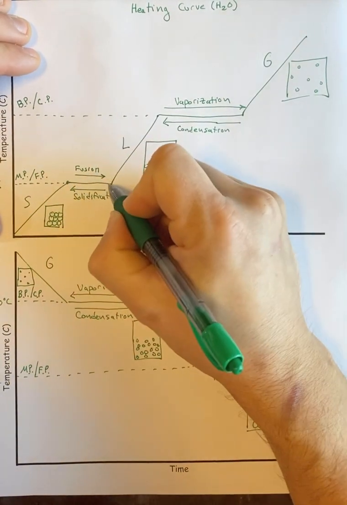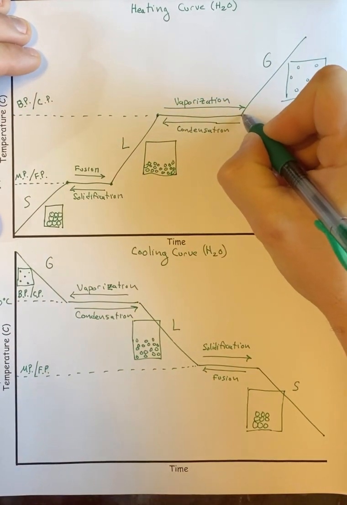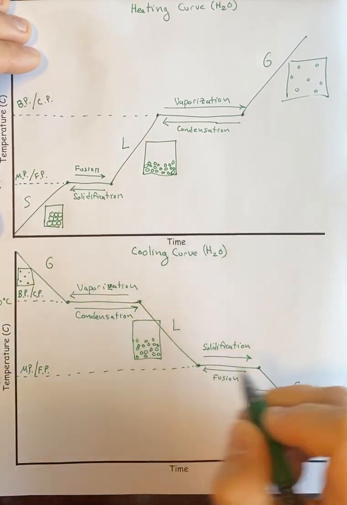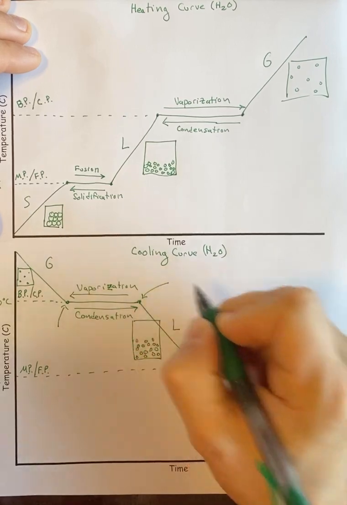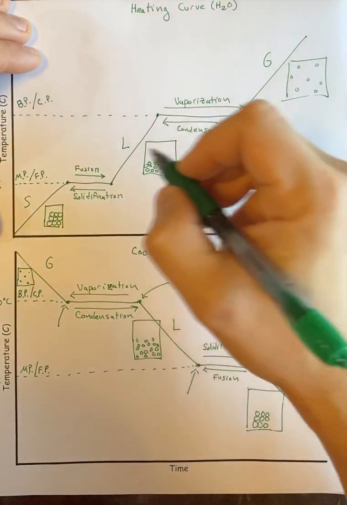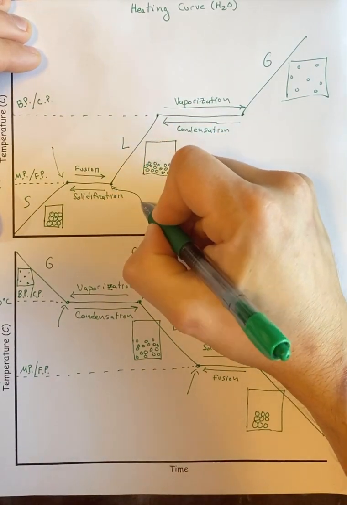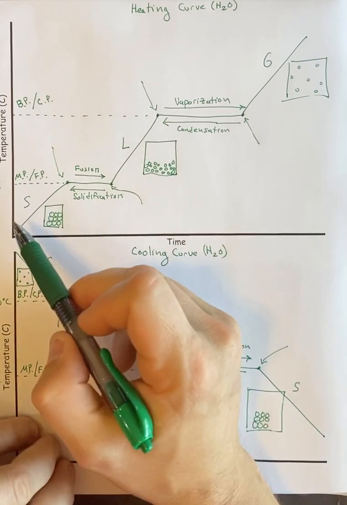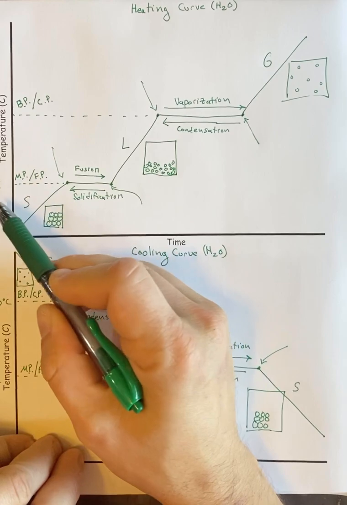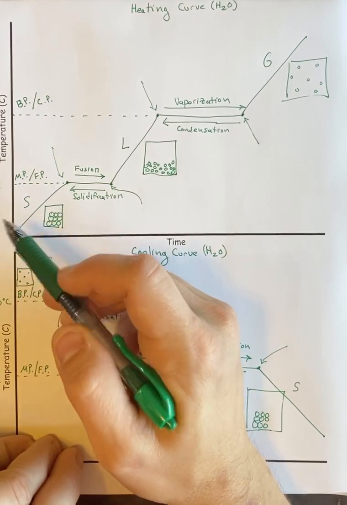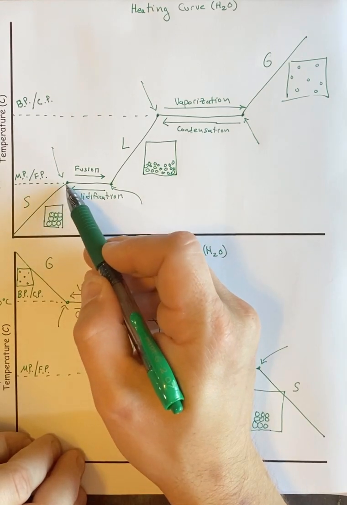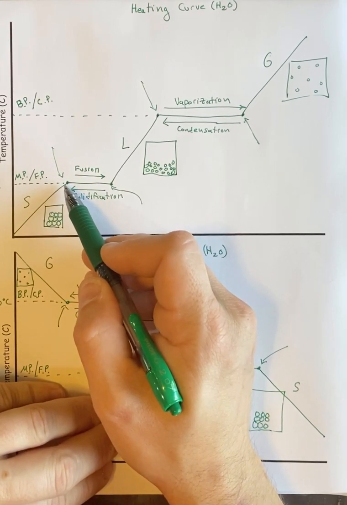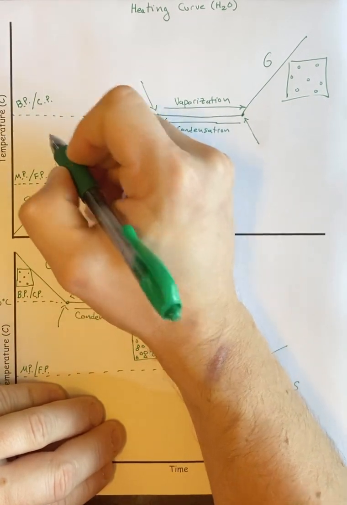So the firsts and the lasts show up on the corners, right? You don't have to put a dot here, I'm putting a dot to make it more obvious what I'm talking about. So we have what happens first there, there, and there. So the corners. Now if you think about what's happening, right here we have a solid block of ice. Its temperature is in the negative Celsius at some degree. I don't care how negative it goes, but as it's warming up, when it initially hits 0 degrees, that's when melting begins. So visibly what you would see is the first appearance of a liquid. So we would say that at this corner is when the first